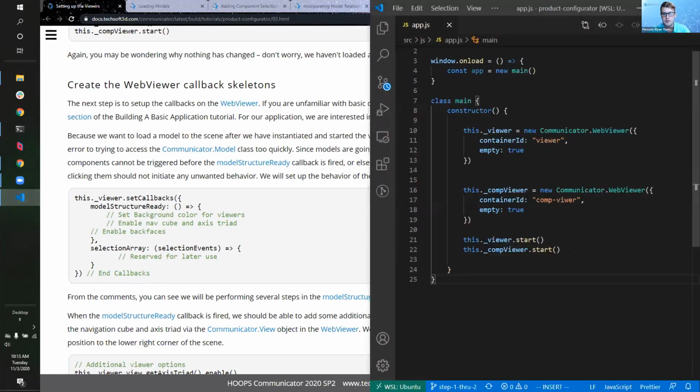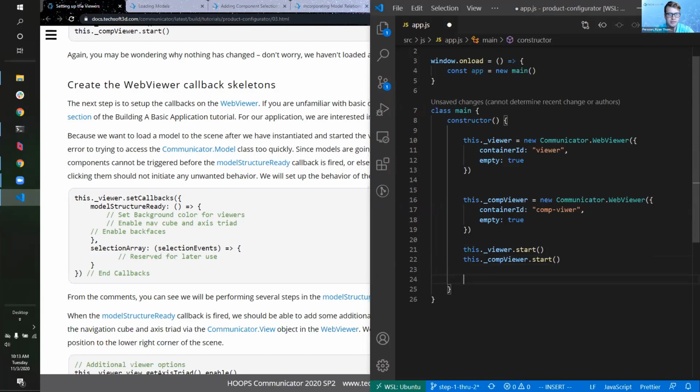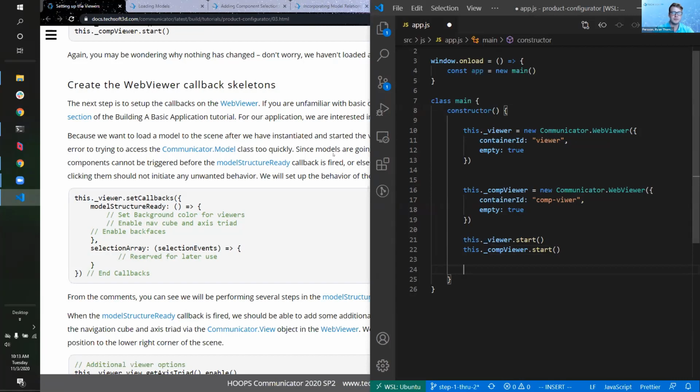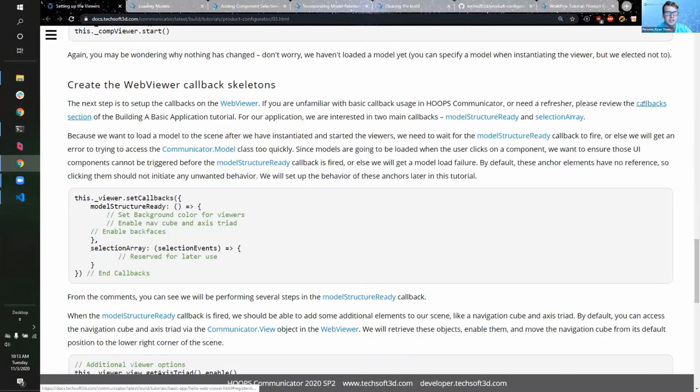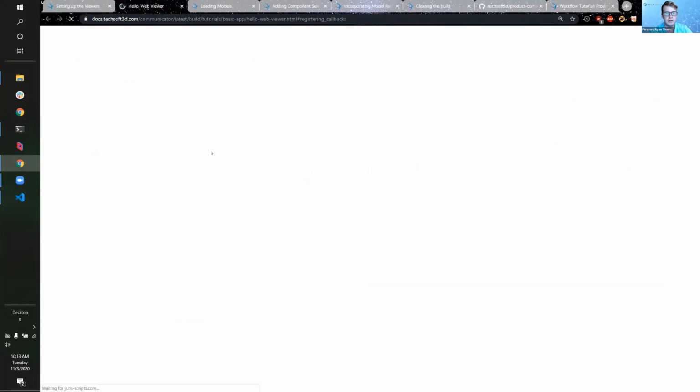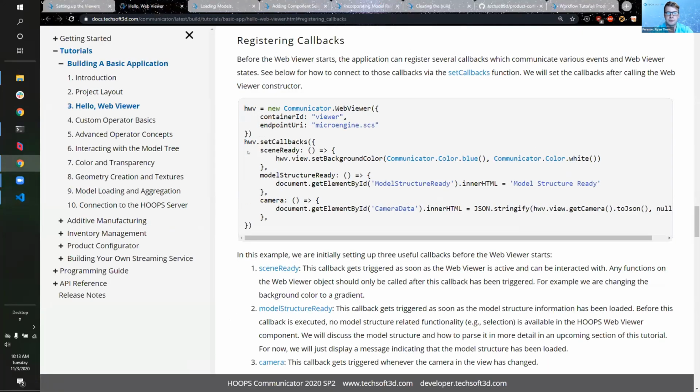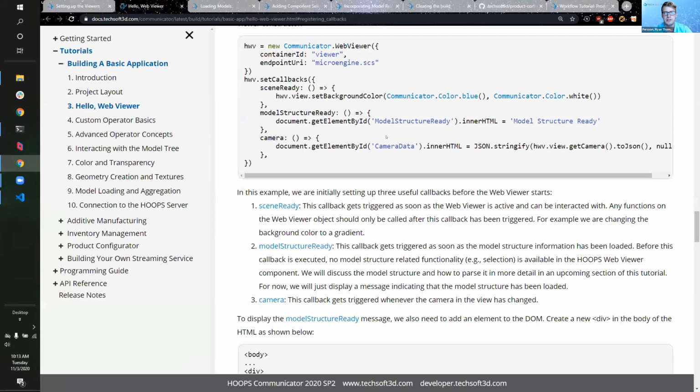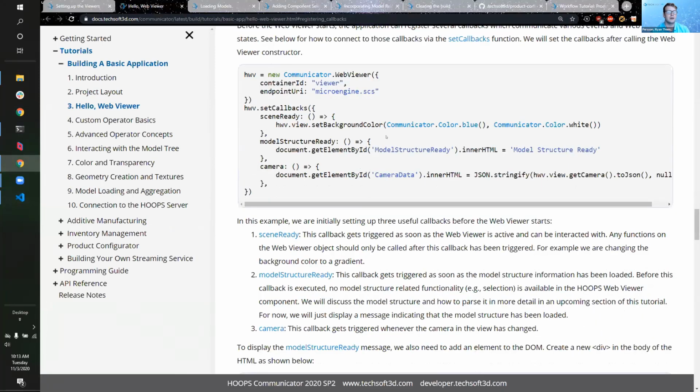After those are both started, we need to set the callbacks for adding different functionality to these viewers. And these links on the tutorial here link to the callback section of our documentation, talking about how to use these and what they are. They have different functionality for doing things like setting the initial camera position, adding